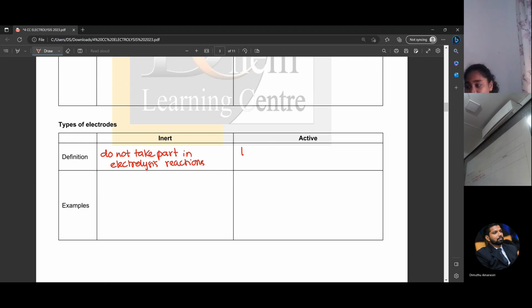Cathode, no change. It's the anode that depletes. Active means the anode gets oxidized,